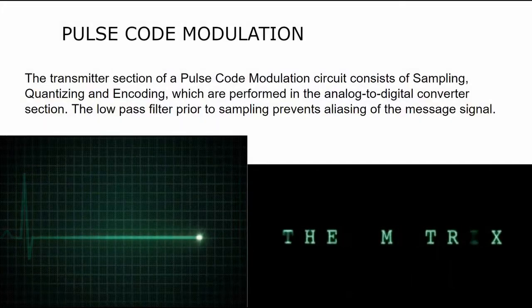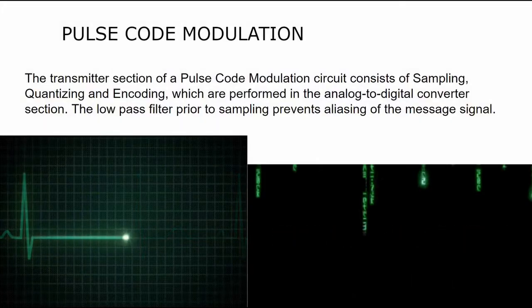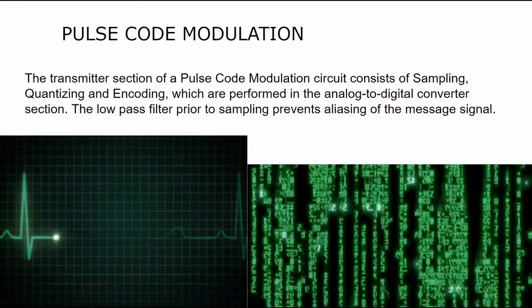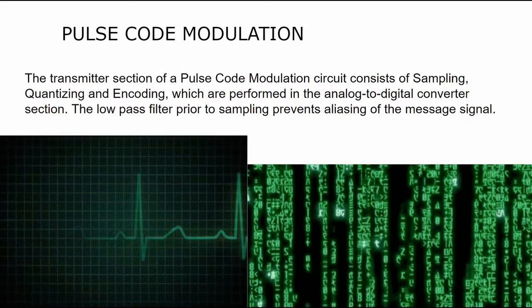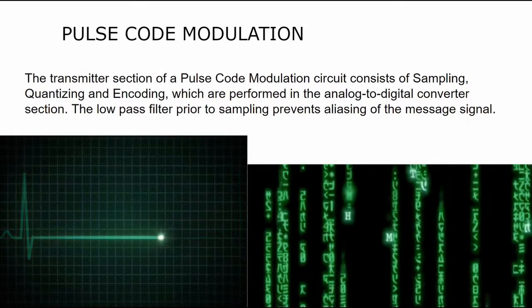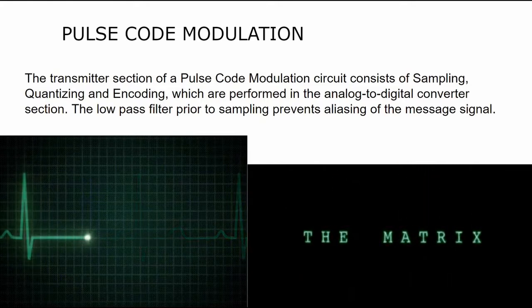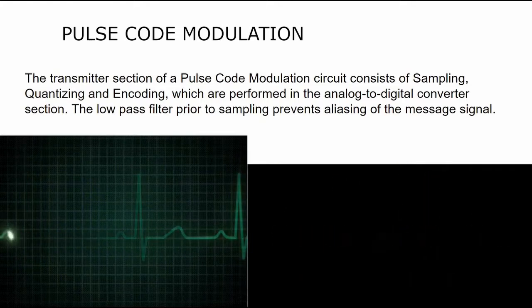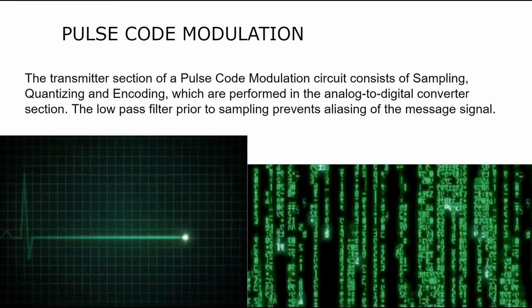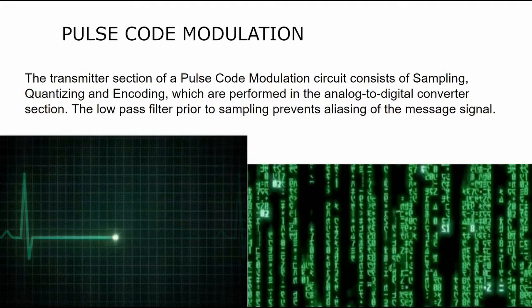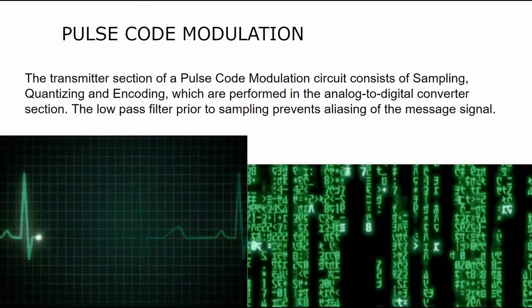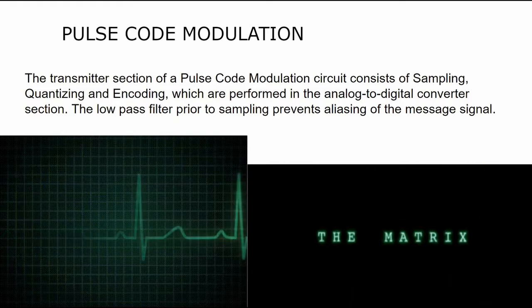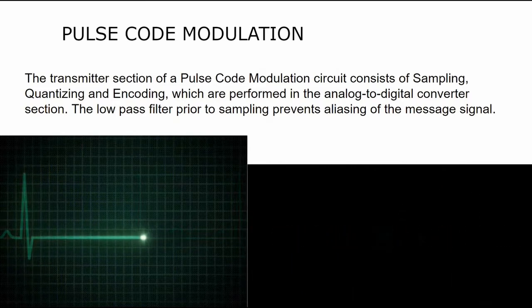Pulse code modulation is nothing but a technique for rounding off amplitudes of samples of an analog waveform. This is the second of the two operations required to change an analog signal into a digital signal. The rounding off operation is known as quantization. Once each sample value is rounded off to an appropriate quantization level, we need to transfer only enough information so